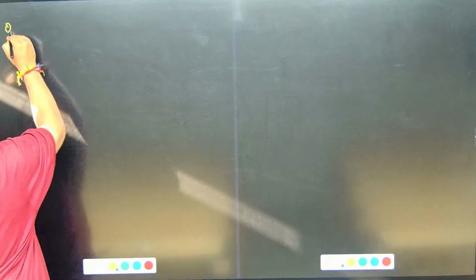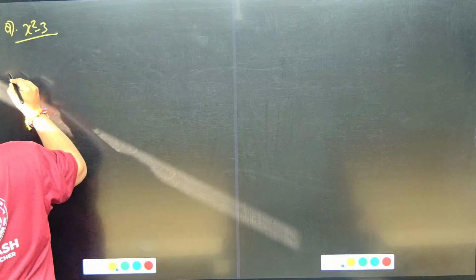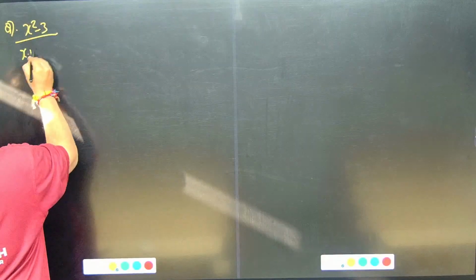The question that is given is (x² − 3) divided by (x + 2)(x² + 1). Okay, this is the thing that is given. Solution: the given fraction